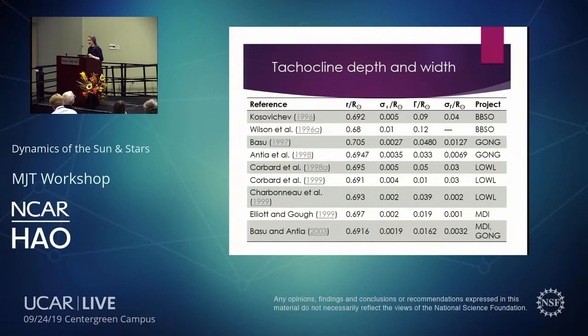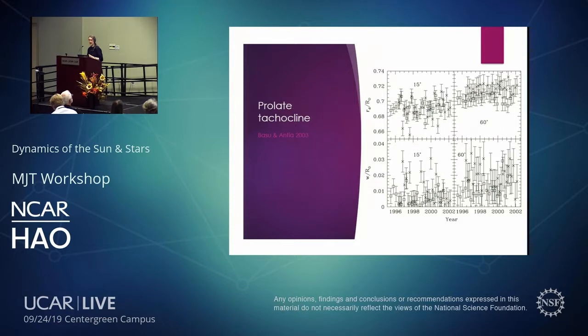And is it spherically symmetrical? Well, according to this work by Basu and Antia, it appears to be prolate. So it's shallower and wider at high latitudes than near the equator. So that's the tachocline. Moving up into the body of the convection zone,